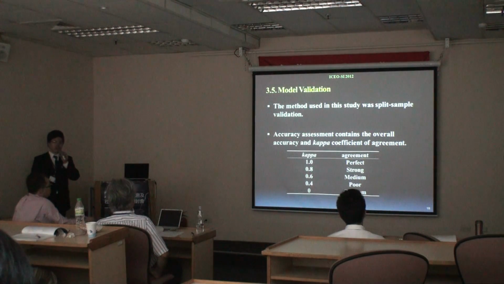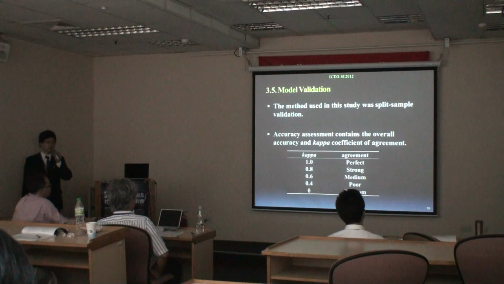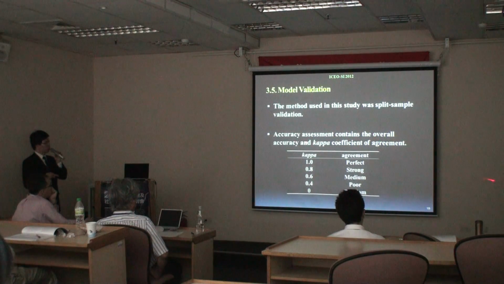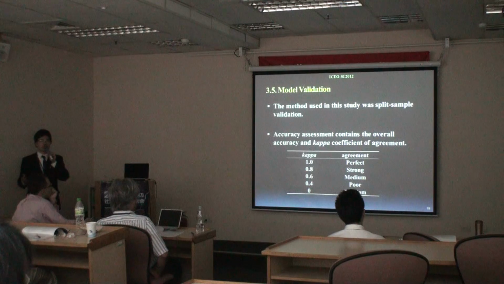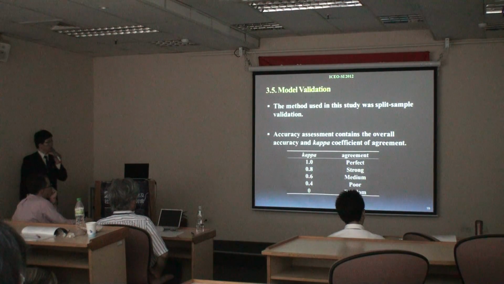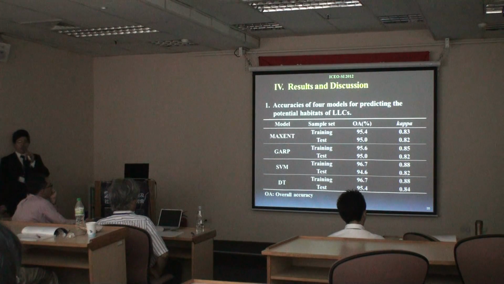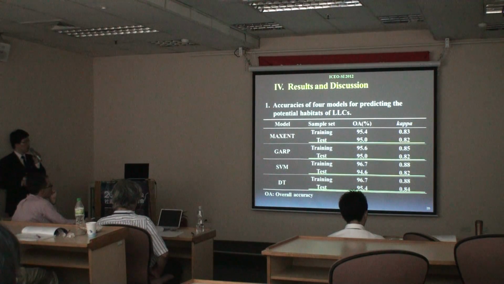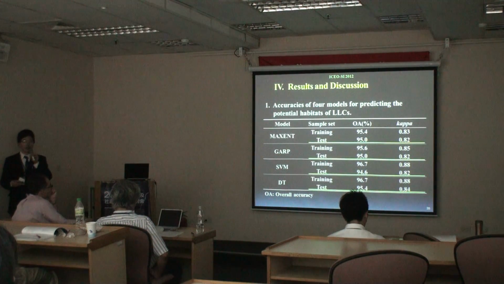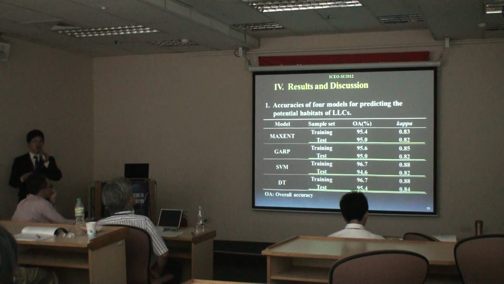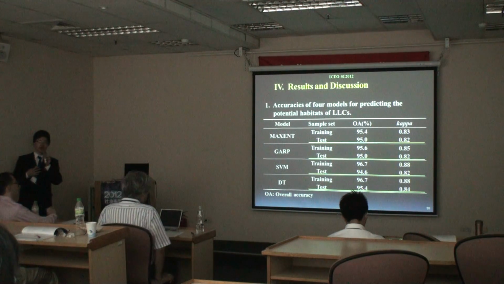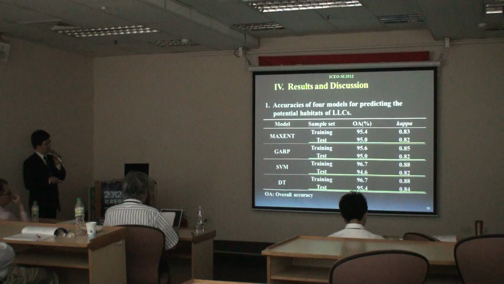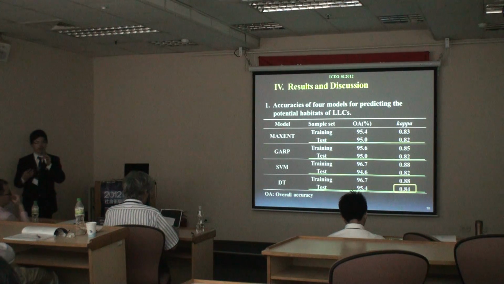In the step of model validation, the approach we use is split sample validation, and we calculate the overall accuracy and kappa coefficient to evaluate the accuracies of the 4 models. In the results, the first table shows the accuracies of the 4 models. All the kappa values of the 4 models were higher than 0.8. It means that all these 4 models have strong predictive ability, and the accuracy of DT is slightly higher than